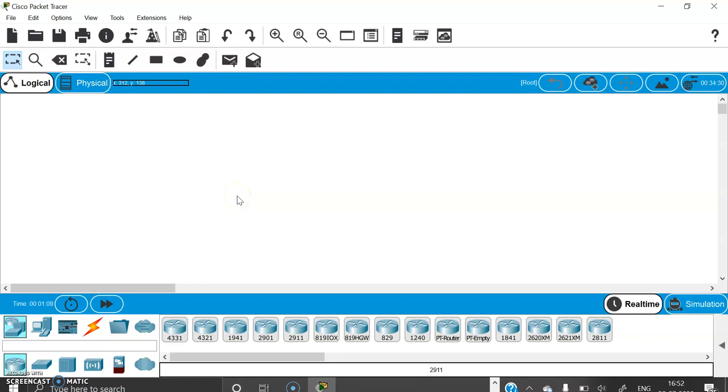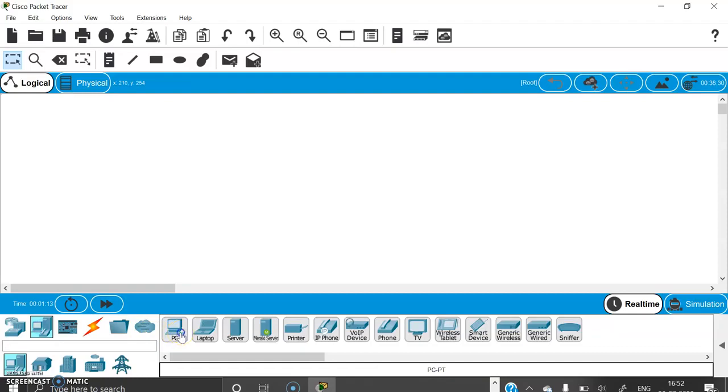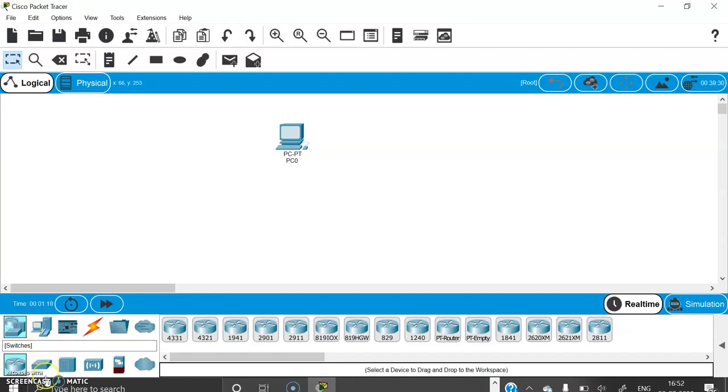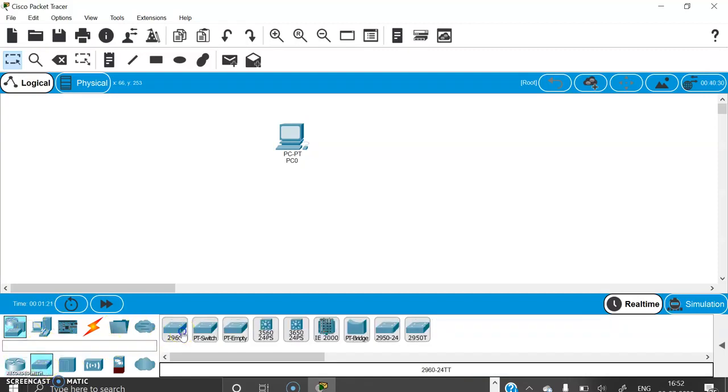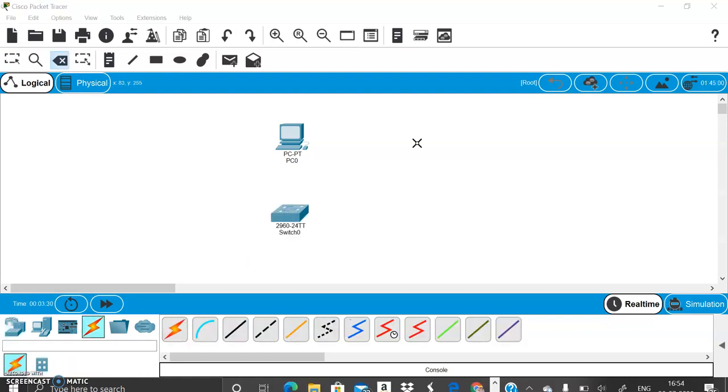To start the connections, we need a PC. So this is a PC. Next, we need a switch of 2960. So I will take a switch. Now I have to give the connection between these two, the PC and the switch.